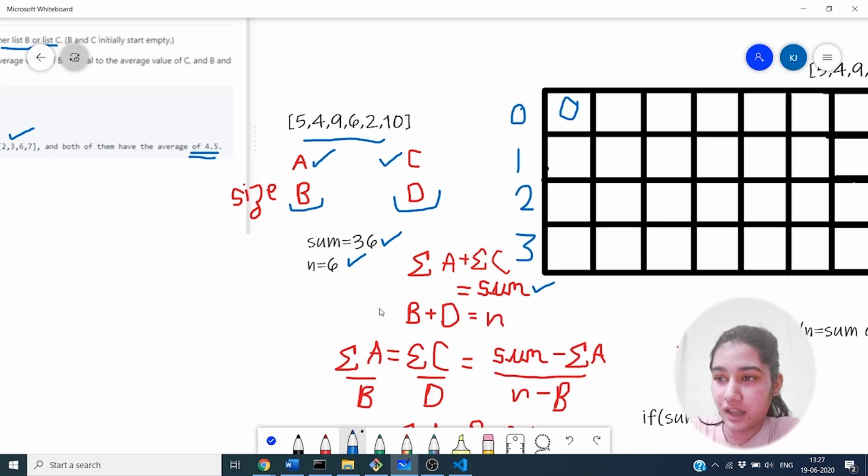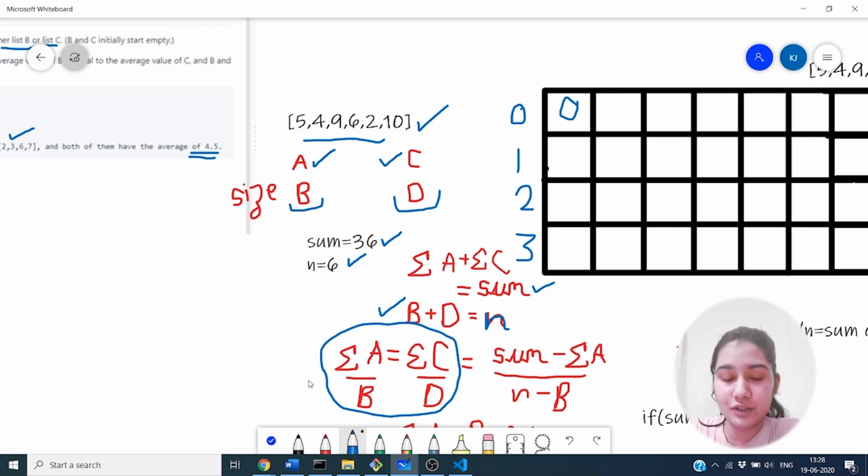The second equation is that the size of array A and the size of array C add up to the total size N of the given array. The required condition is that the average for both arrays should be equal.